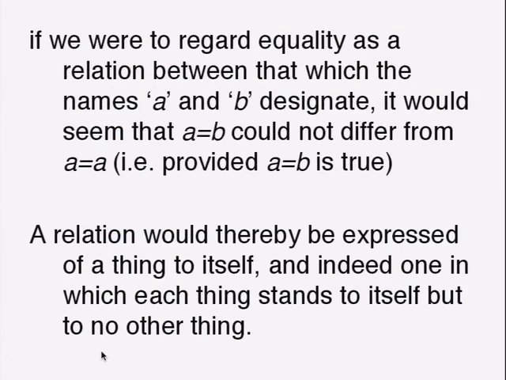Well, the argument is, if identity was a relation between what names designate, then A is identical to B, and A is identical to A, would say just the same thing. What he's saying is, suppose you take the name A and the name B, and suppose that A is just a tag for an object, and B is just a tag for the very same object. The morning star, the evening star, they both just tag the same thing, planet Venus. Then A just stands for Venus, B just stands for Venus, so they have just the same meaning. They tag just the same object. So A is identical to B would be saying just the same thing as A is identical to A.